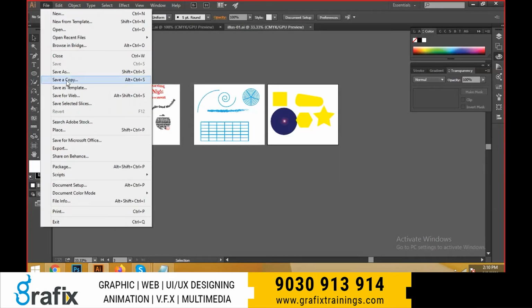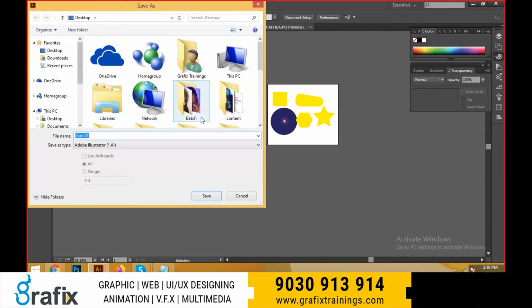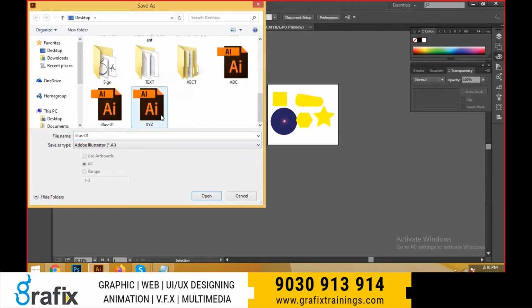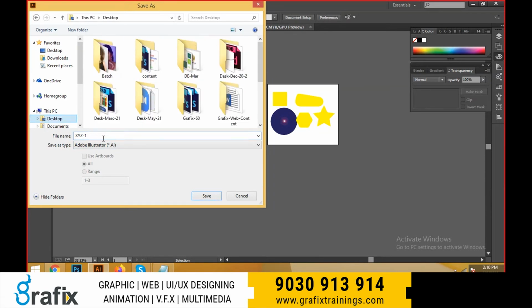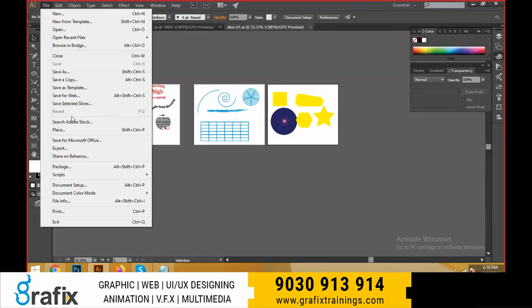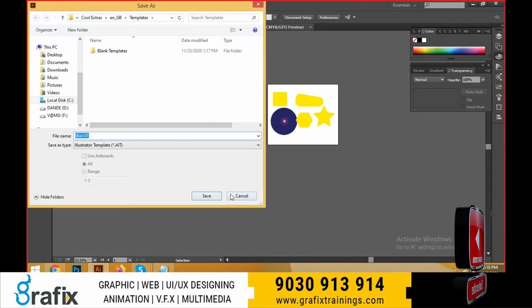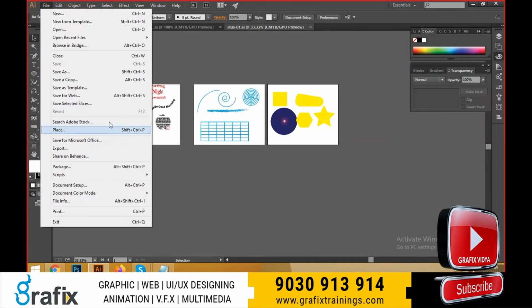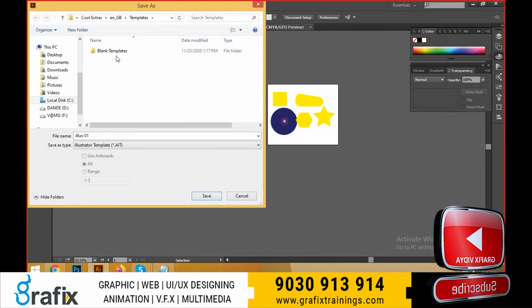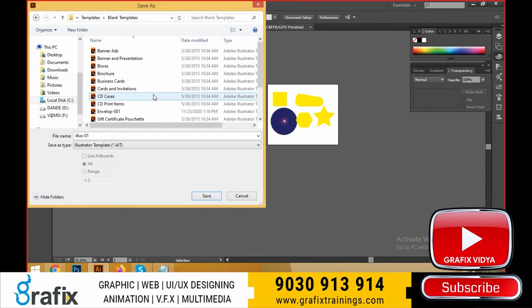If you just close the document, File, and Save As, Save. Select this one and save it, and I can resave it, means Save As. I can save this file multiple times with multiple names, and File, Save As Copy, the same thing, and Save As Template. When you create these artboards directly, you can save as a template and you can place these templates in here. 1 minute, guys.